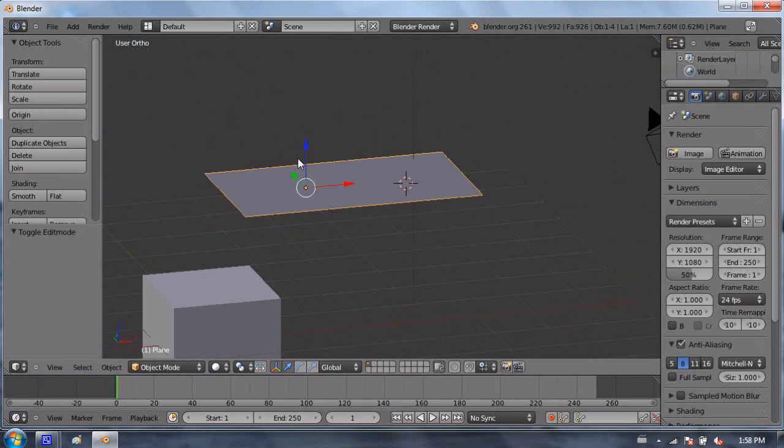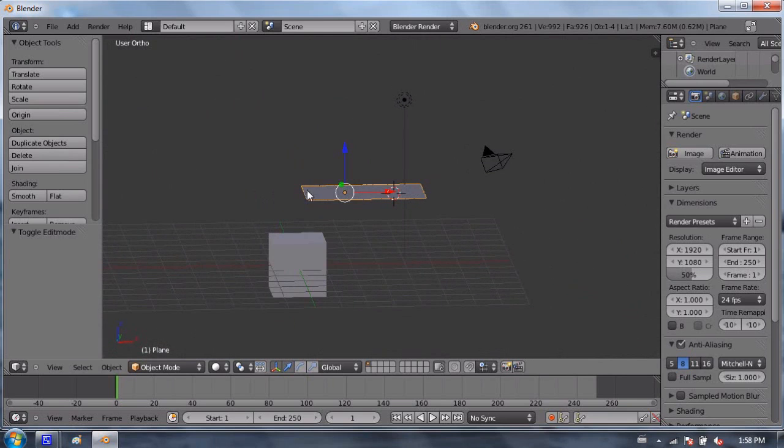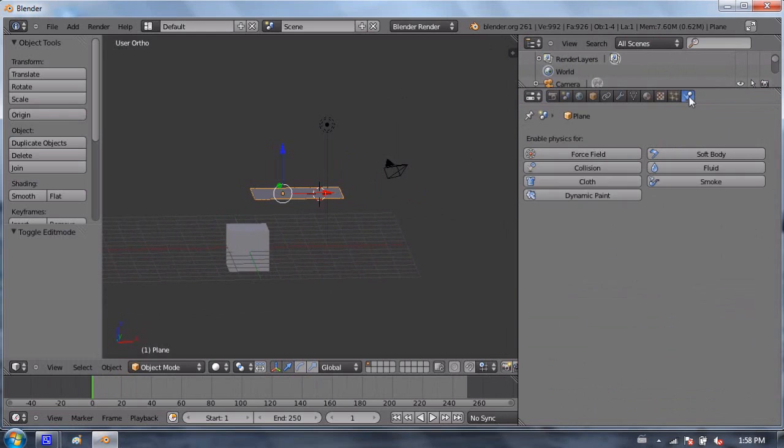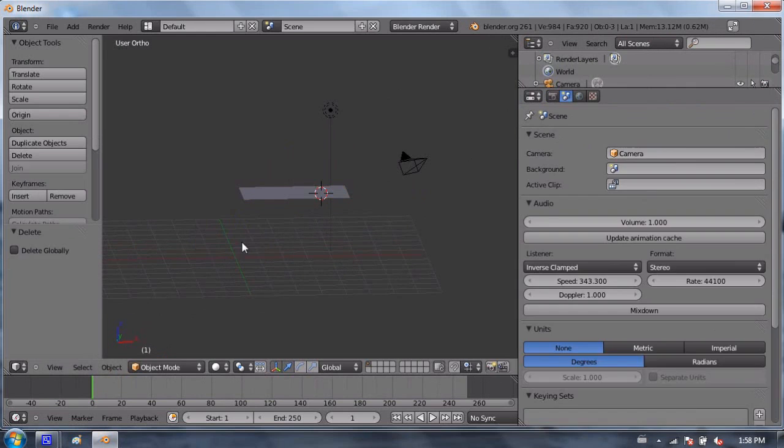Okay, to make a flag, it's not just going to be a piece of cloth. It needs to be attached on one side to the flagpole, or to the rigging of the flagpole, like little loops, etc. So how that can be done is, let's first make this object, this flag, into cloth. We don't really need that cube, so I'll go ahead and delete it.